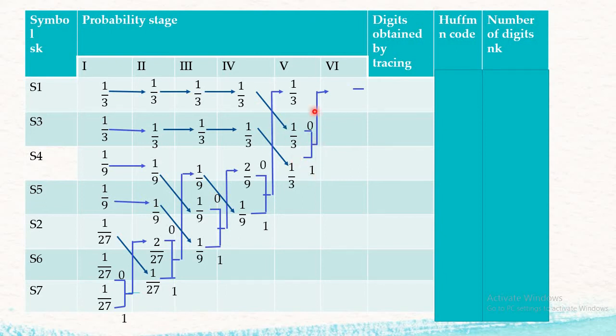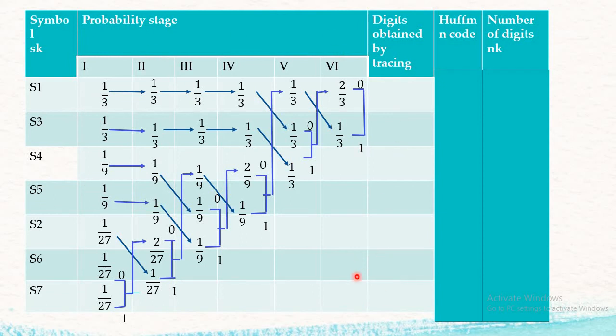Where will this 2 by 3 go? It will go to the first position, and 1 by 3 will occupy the second position. This is 2 by 3, this one is 1 by 3. Now, as per the instructions, we have to follow the steps until we get only 2 children nodes. The children nodes are assigned with 0 for the upper one and 1 for the lower one. So we have to repeat the steps up to this point only, because we don't have any other value to change their position. We have to complete drawing this particular figure up to this part.